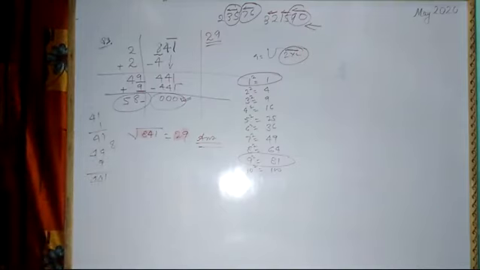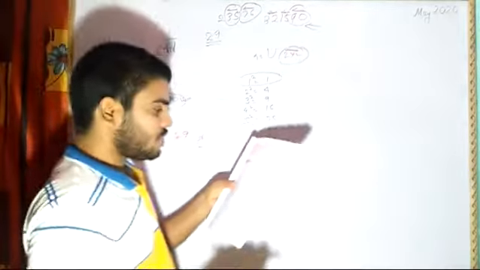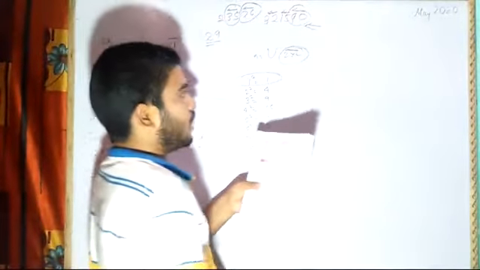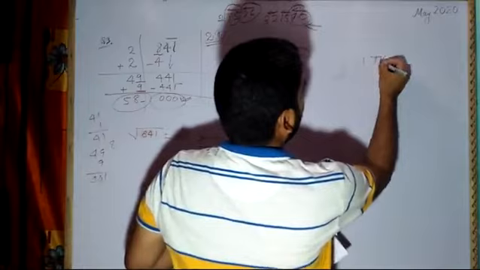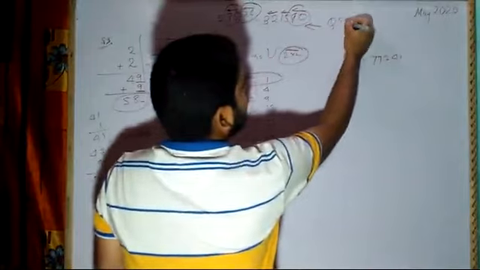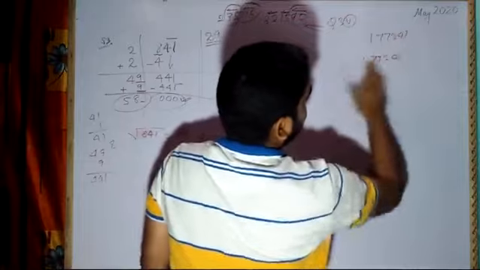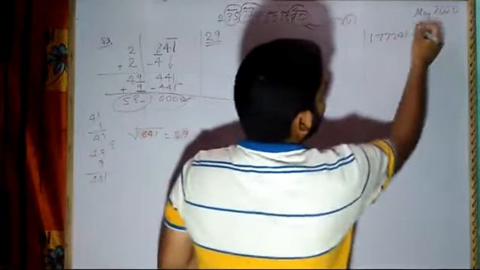One more example I will take, my dear students, but try to understand. Now the number is like, let's take a bigger number, 177241. This is question number 3 subpart 5. Question 3 subpart 5 I am calculating. 177241. Now this we have to solve. So how are we going to solve? Let's see. Same method we have to follow. We have to be smart and quick.